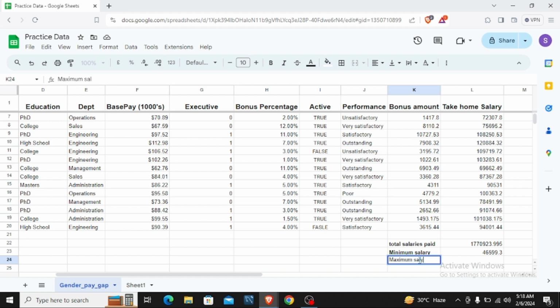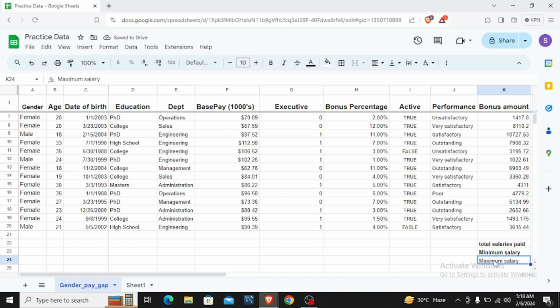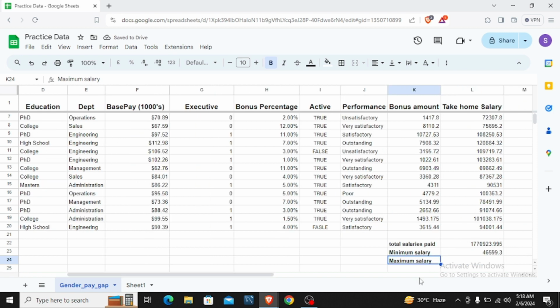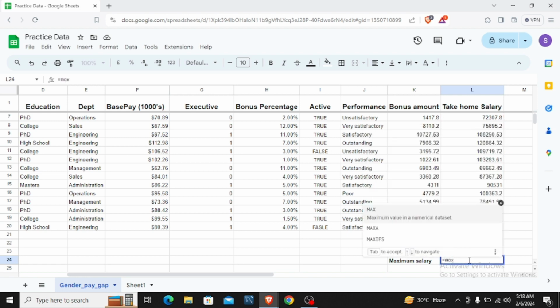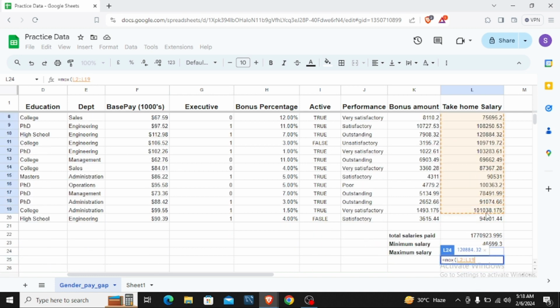salary. Use the same max function, open our brackets, and select all the cells of which you want to calculate for. Then we hit enter. So now we see the highest salary being paid is 120,884.32. And let's talk about the average